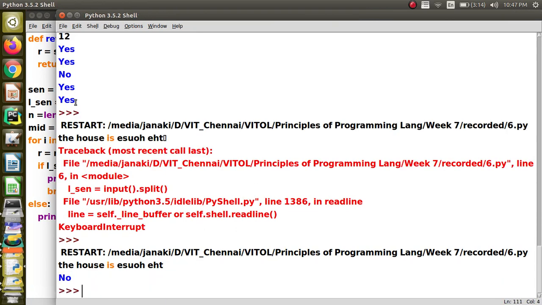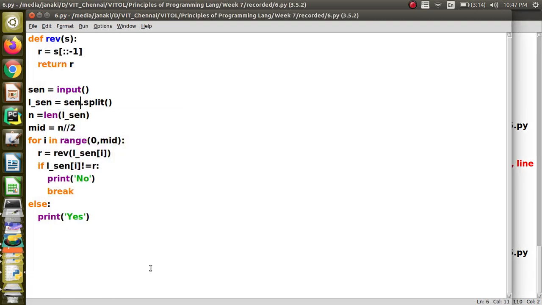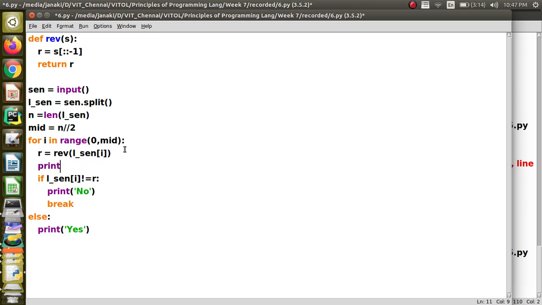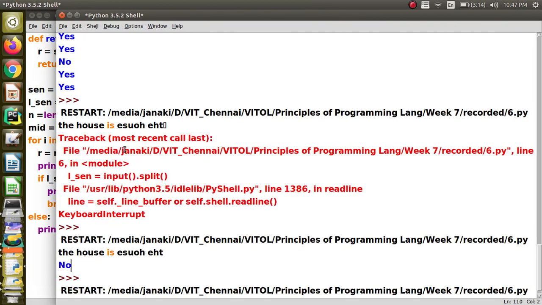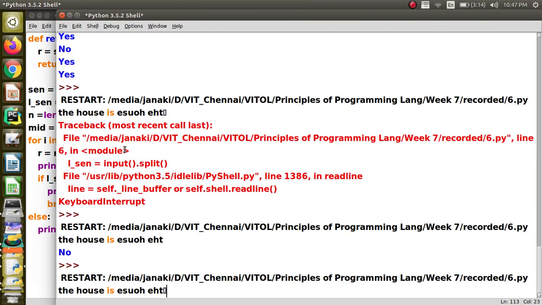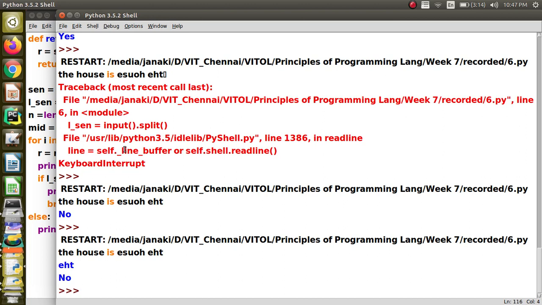Yeah, okay, this is rightly written. Can just print the reverse string and check. EHT, okay.